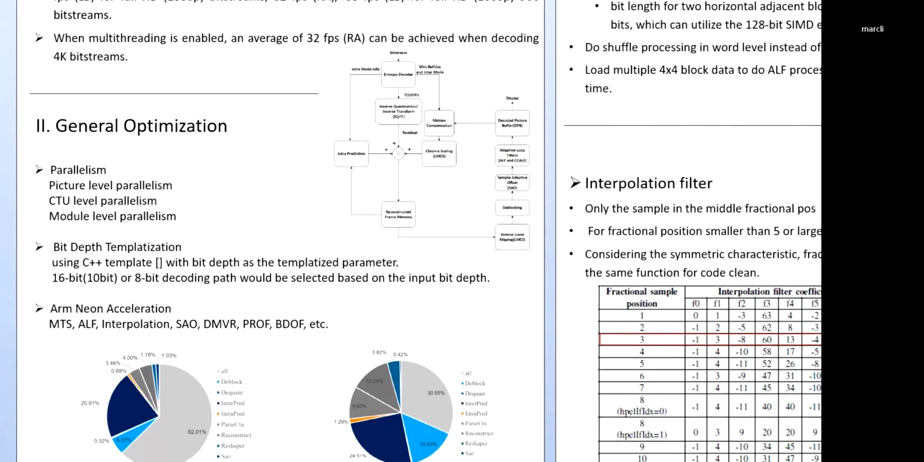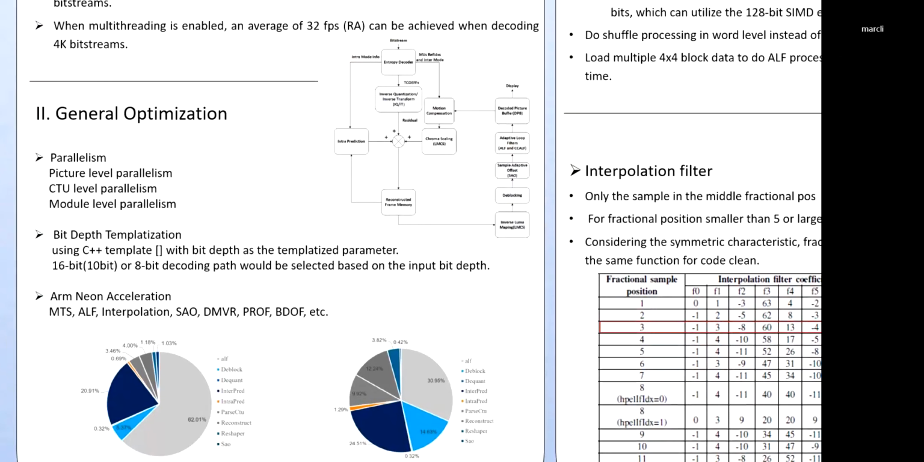SIMD technology operates on loading multiple data in a single operation. If the internal bit depth is 16 and we take 128-bit SIMD, it can load up to 8 data points at once and can accelerate the processing efficiency 8 times compared with a system without SIMD optimization. Also, we use bit depth templatization so that the decoder can support 8-bit and 10-bit in one